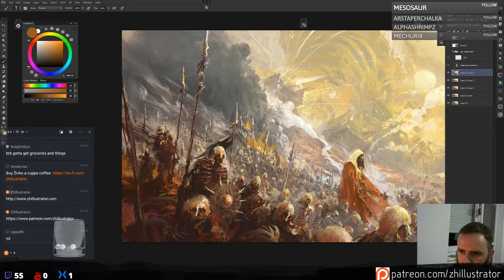Let's do the light and dark game again. You can see as I go over this dark color, I use the lighter color to accentuate the spear. So I successfully separated the spear from this guy.